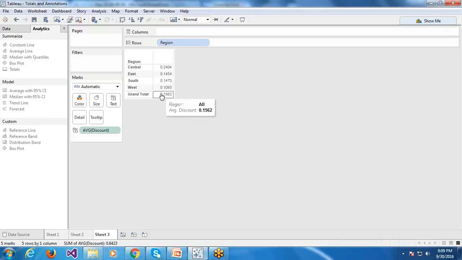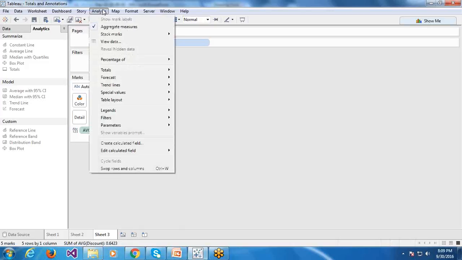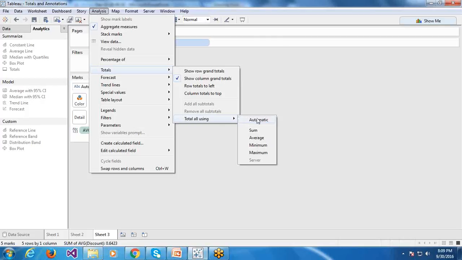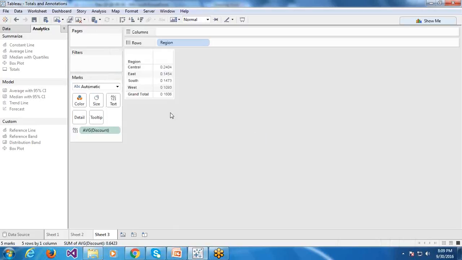Let us say you want to compute average on the result. Then you have to go to Analysis, then Totals, then Total All Using, and choose the submenu Average. See, now it is 0.1606.